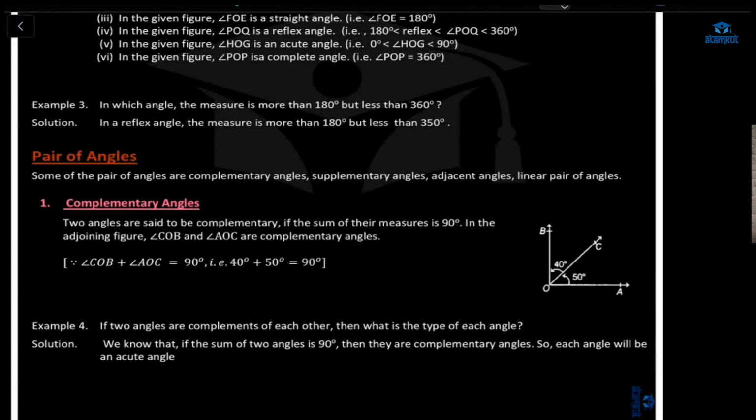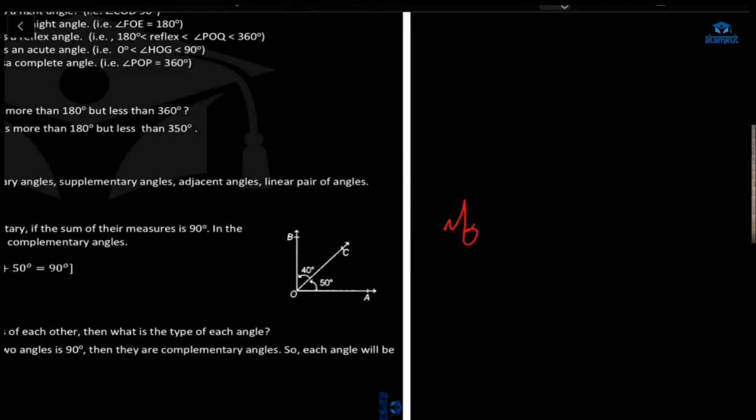Complementary angles means if the sum of two angles is 90 degrees, then they are complementary angles. They both are complementing each other. Understood? One angle can be 1 degree and the other angle can be 89 degrees. But the sum of both the angles should be 90 degrees. Then only they can be called complementary angles. That means if angle A plus angle B is equal to